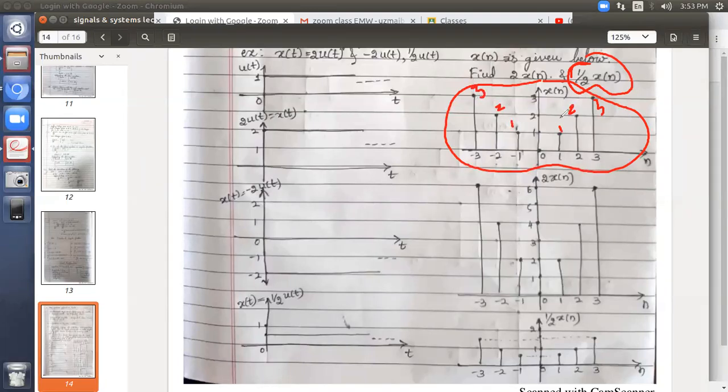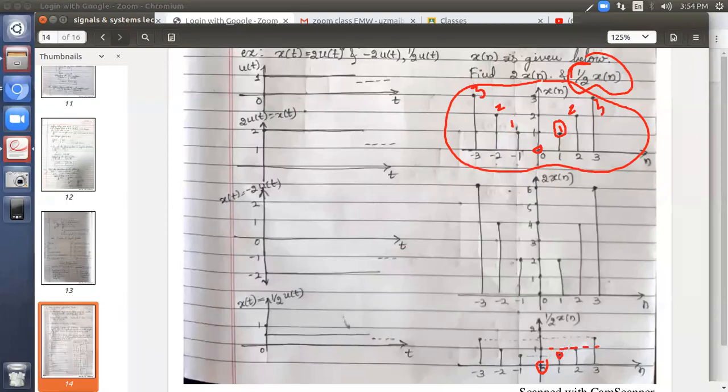With these, if you multiply here, it is 0. Now let's start with 0 only. 0 multiplied by half is 0 only. That's why it is 0 here. Then take 1. For 1, amplitude is 1. 1 into 0.5, you will get 0.5. If I see, this is 1. So 0.5 is lesser than this.